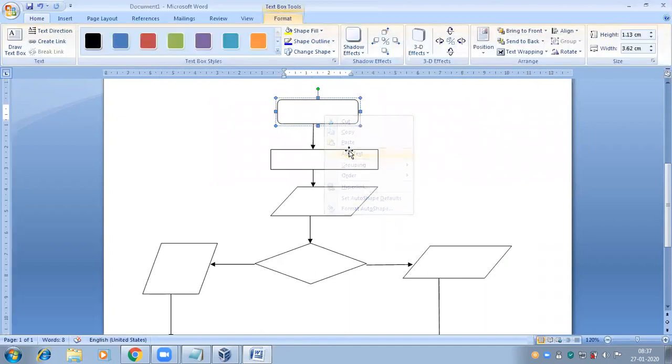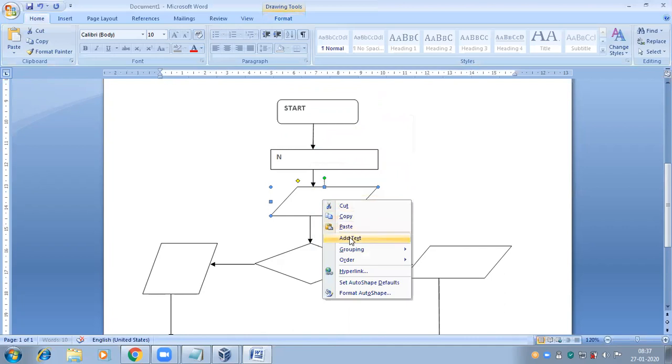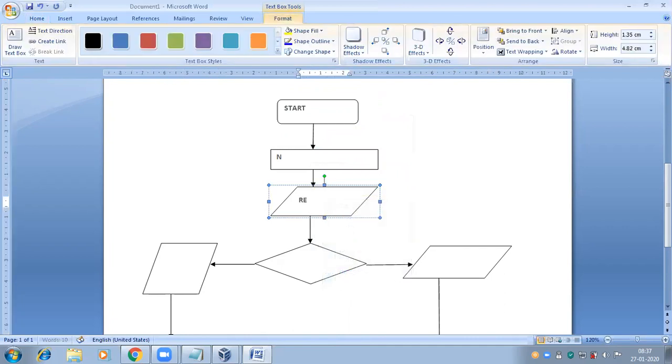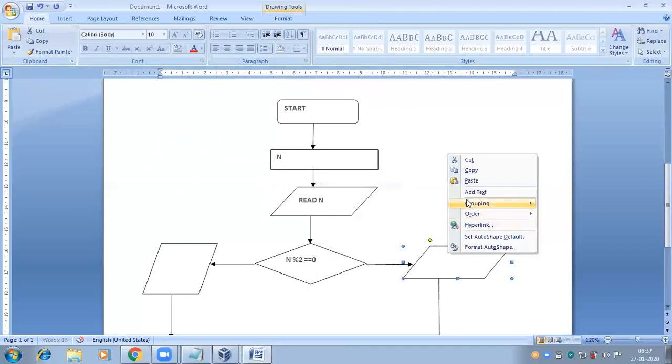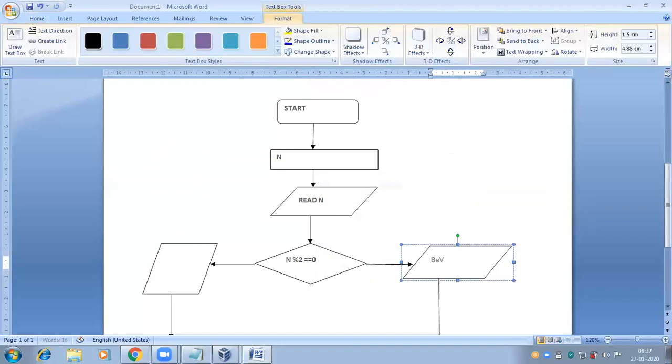So here I'm starting the program. Declaring n, reading the n value. I'm writing the condition: if n % 2 is equivalent to 0, then I print even number.